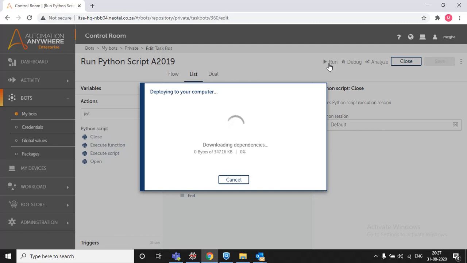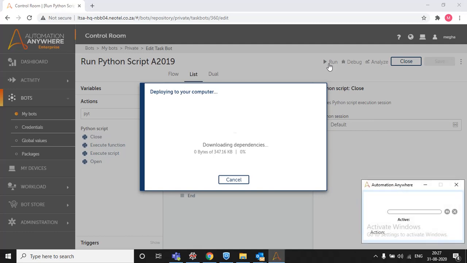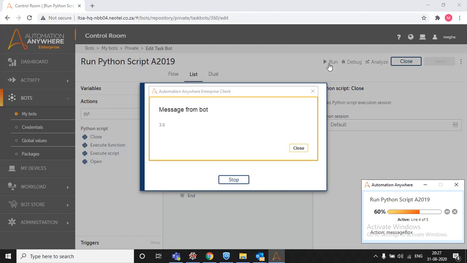As I'm passing 3 as an input, it will give me the output 3. So here you can see the output is 3.0.